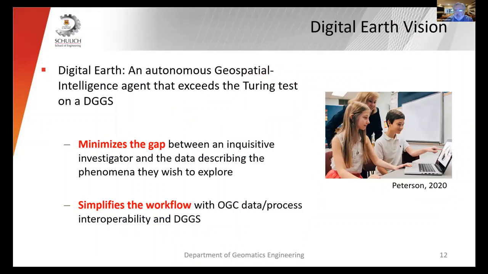So in my studies, I'm really looking at creating this autonomous digital Earth vision. There was a speech written for Al Gore in 1998, I believe, where he talked about children being able to explore the planet, aggregating pretty sophisticated data sets, adding their own data, and then sharing that with their friends. This is a vision for digital Earth. And it's part of our work that we're doing at the University of Calgary in the Geomatics engineering department, trying to enable this future.